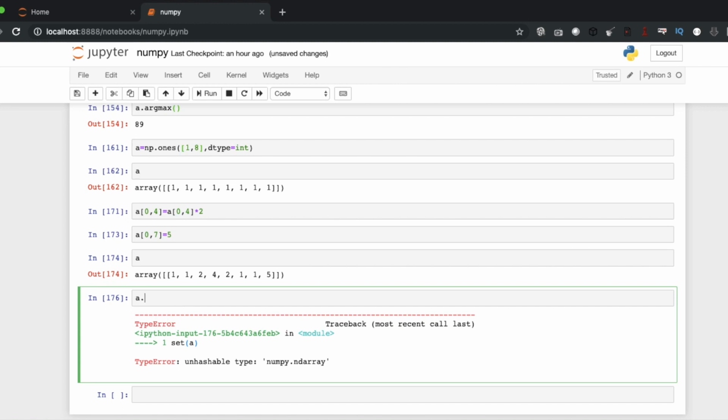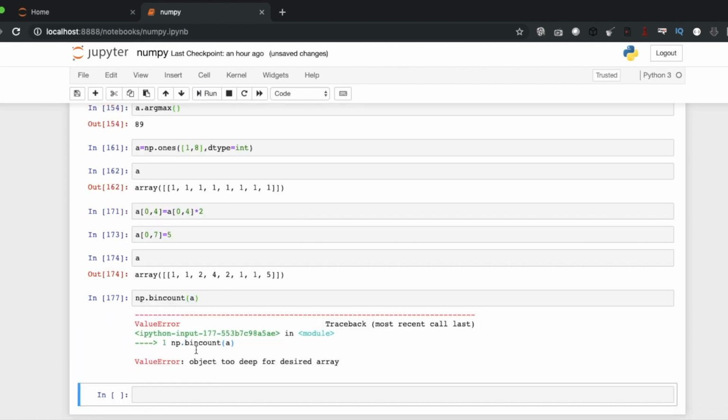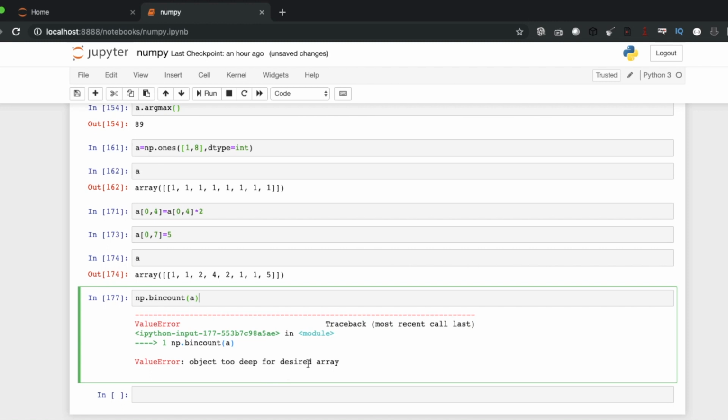We want to find the count of elements, like how many elements are there. a dot np dot bincount. Object too deep for desired array.